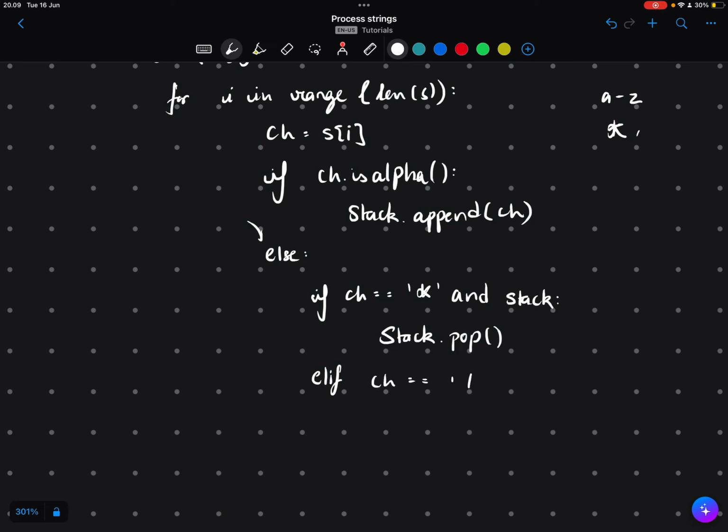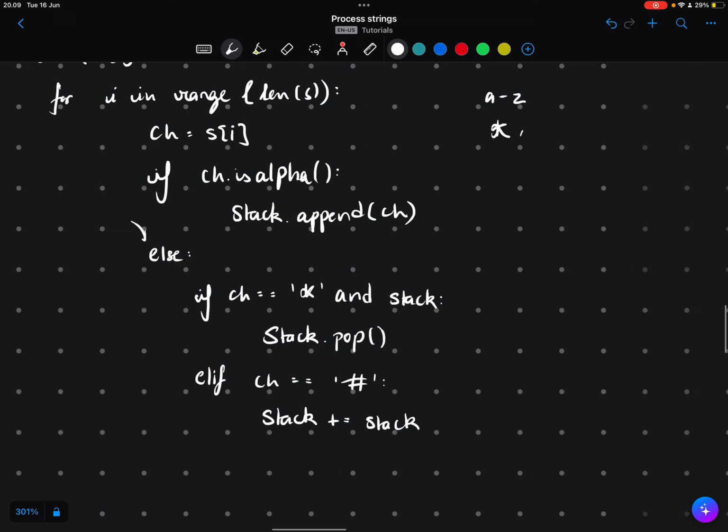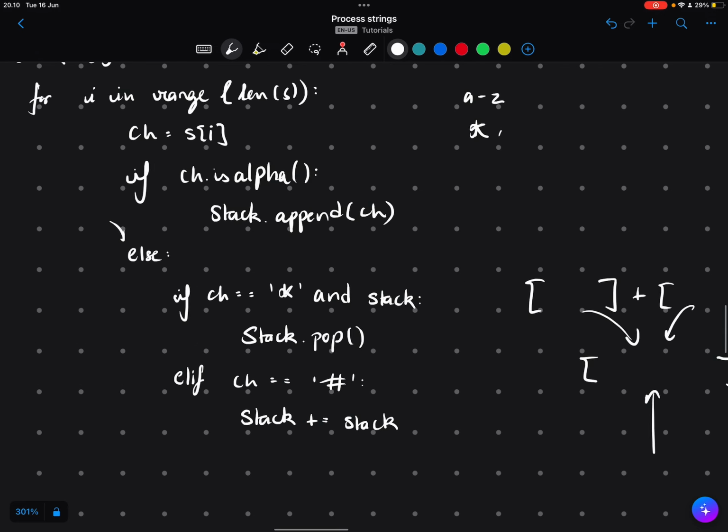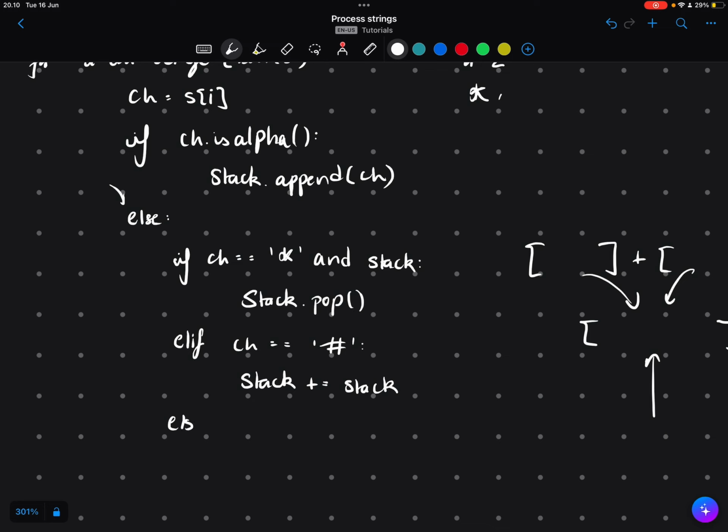Now the other case where it is a hashtag, well, we have to do array addition, and the way you do that is just stack plus equals stack. So what that is essentially doing is, you have some stack over here, and all you've done is add another stack. This will in Python give you a new stack with both of the elements. And the last case